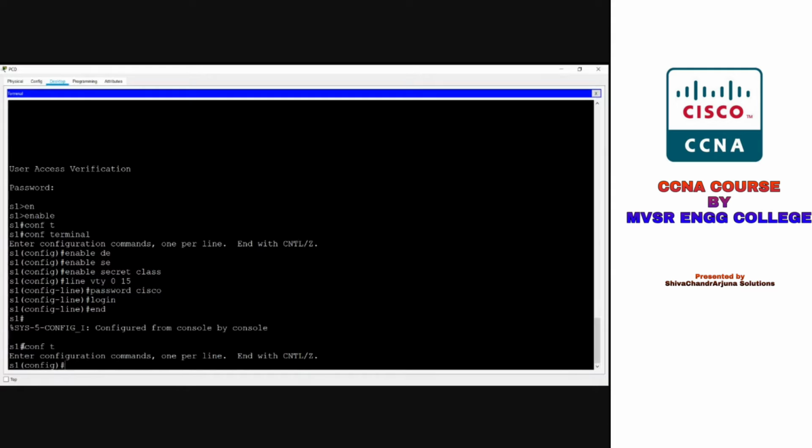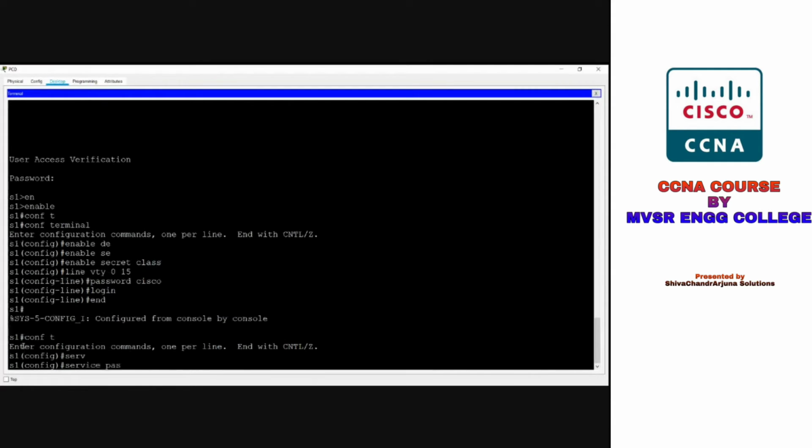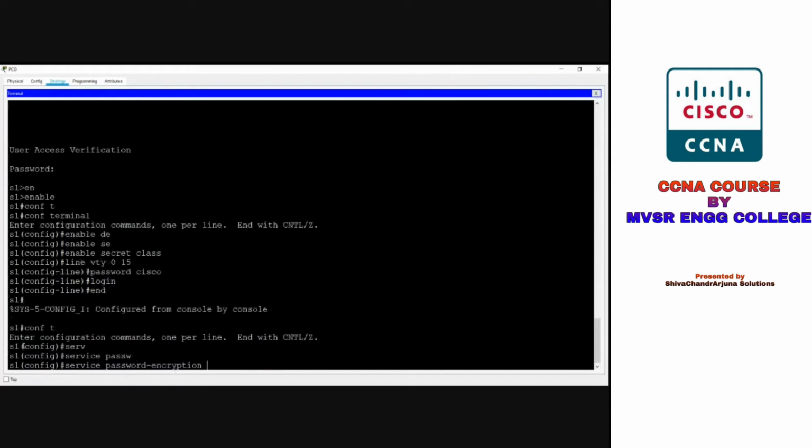service password-encryption. I can use the tab, and it will complete. No need to type again. You can just type service pass, click on the tab, and the total command will come here. Service password-encryption. Enter.